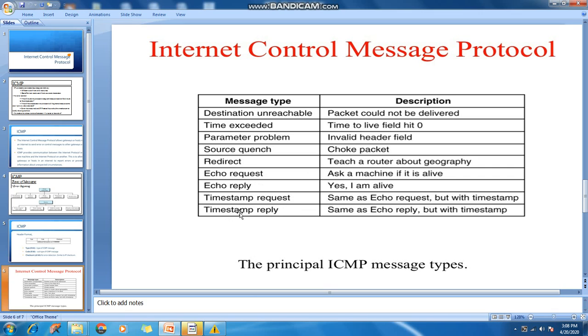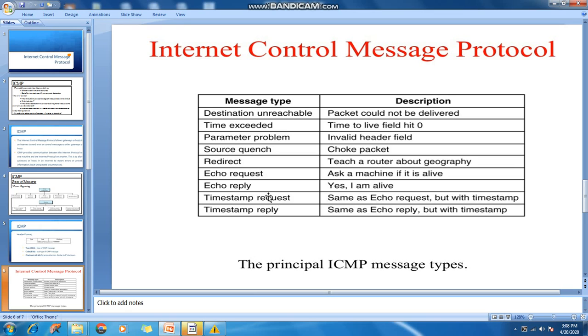Timestamp request, timestamp reply. Timestamp information is placed in each packet that is communicated. Through this timestamp we can check for fresh data packets as well as outdated information.